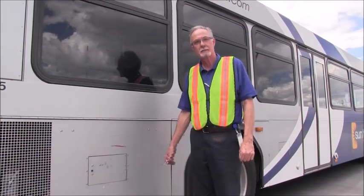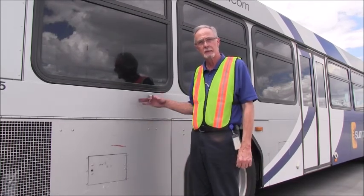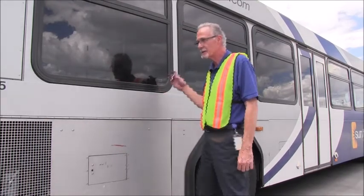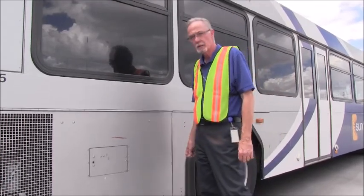Okay, it's time to take the CDL test. When you take your test, you will begin inspecting the rear area of the bus. As you can see, I am standing on the passenger side in front of this panel, which we will open